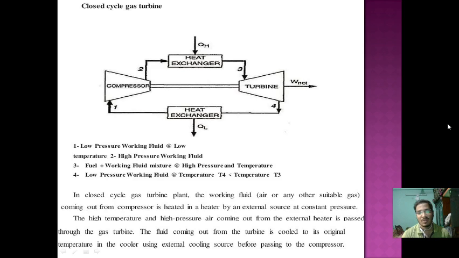With that turbine the vanes and plates will be moved, and then the low pressure working fluid comes out. The temperature difference will be there after the turbine and before the turbine. After the turbine the temperature will be less compared to before entering. This is the cycle, and then it goes to the heat exchanger.